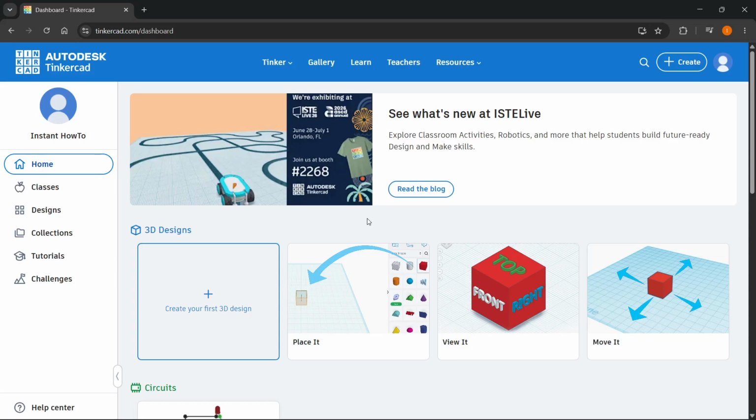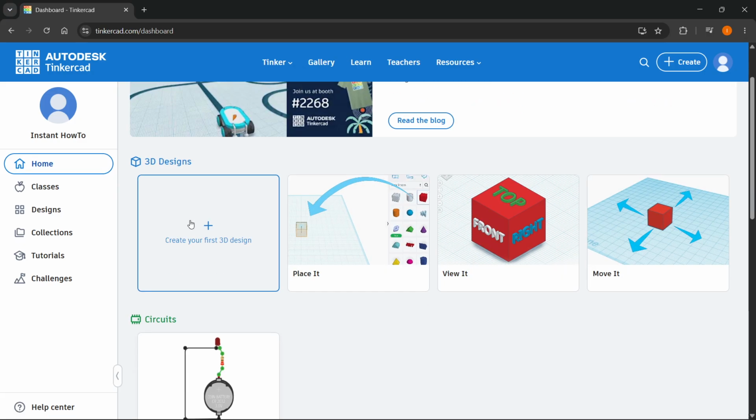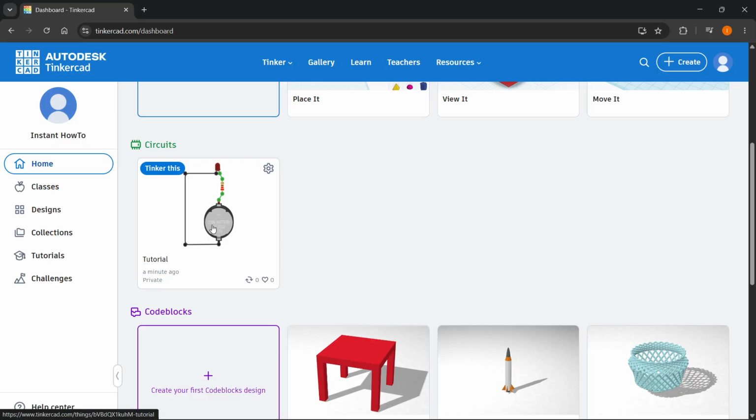In this video, I'm going to show you how to copy Tinkercad circuits. So there's a few ways to do this. I'm going to show you all of them. If you're currently on your dashboard, you want to go to your Home tab, and then you can find your circuits over here. And if what you wanted to do is actually copy and duplicate a Tinkercad circuit project, you